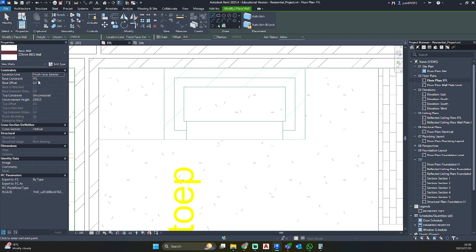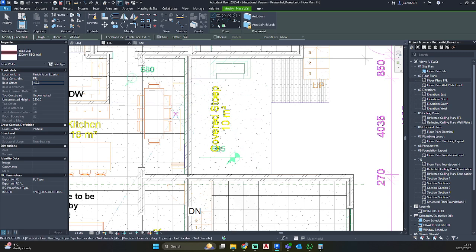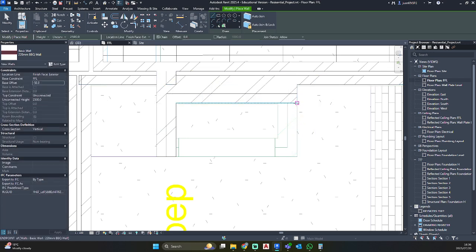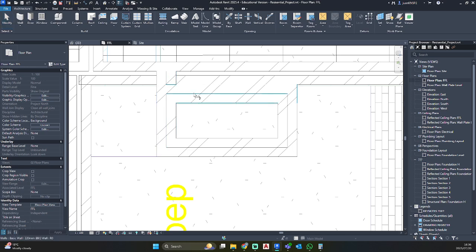So now this is finished floor level. We want to go -50 because this floor area over here would have a step down. It would not be on the same level as our internal living space due to weathering. So there's a little weather strip covering the house. So let's go ahead and trace this area. So I don't want that connection over there. I'm just going to go trim and extend to release that connection.